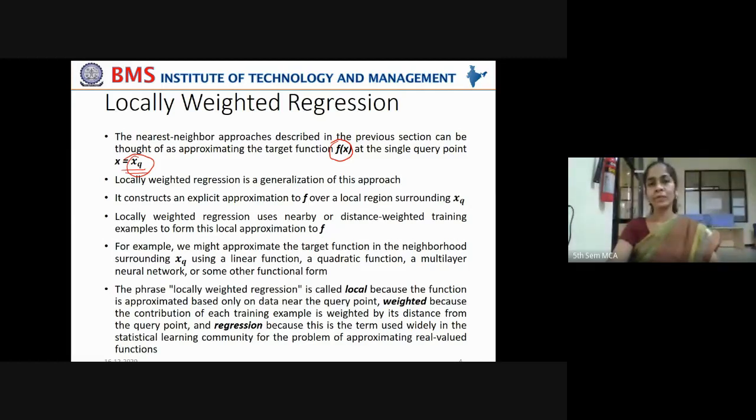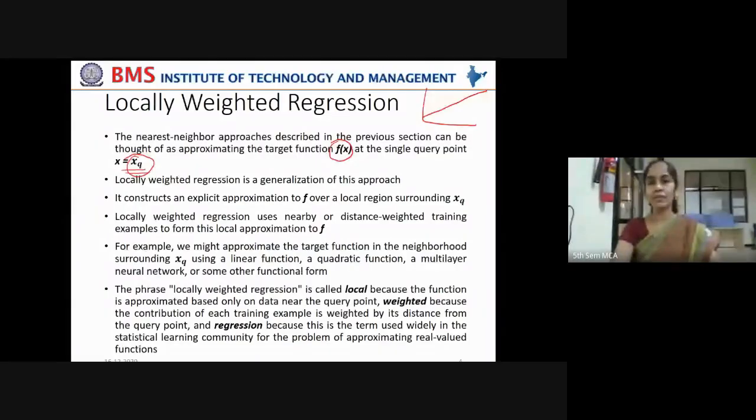You know what a regression problem is? When some data points are given in an n-dimensional plane, and you try to fit a line which explains the behavior of the data very well, that is called the regression line. Locally weighted regression is a generalization of what we are adopting in k-nearest neighbor. We add weights to the attributes based on their importance, or the range of influence they have in predicting the outcome variable. In that case, we call it locally weighted regression.